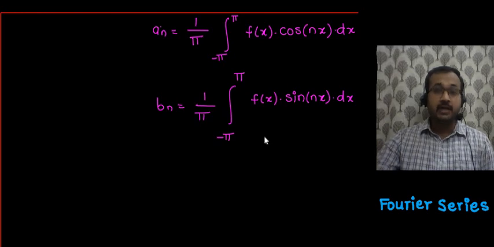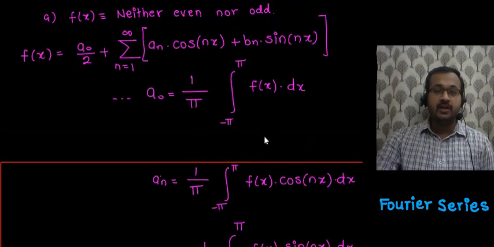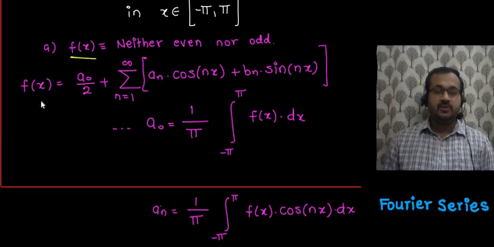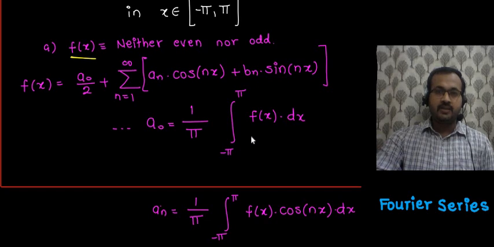Now the main task while solving these integrations is this: when you have an even function, say f of x is an even function, then the integral of this form for an even function is always 2 times integration 0 to pi f of x, and if f of x is odd, then this integral will be 0. So by applying the integral properties of odd and even functions, we get the remaining 2 cases,